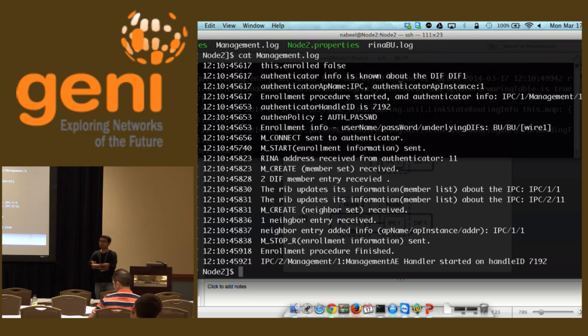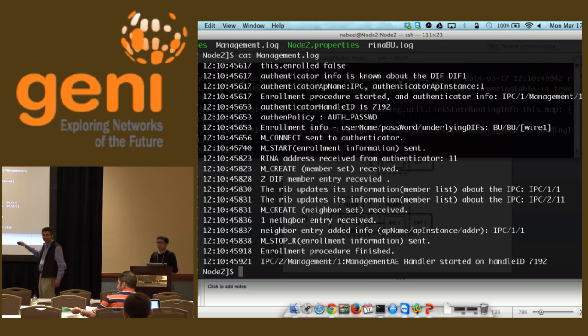All right, so guys, maybe we can try to do one more experiment to establish a flow. Sure. Next one. So you can see here just one quick note. If you manage to come to this step where you look at the log file, you can see the enrollment procedure itself,